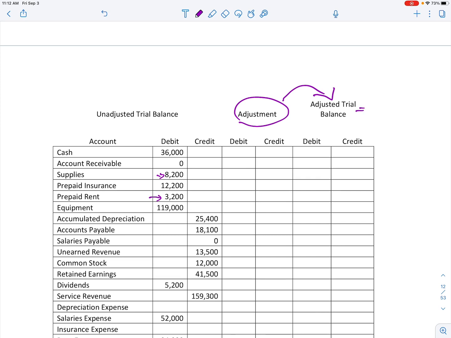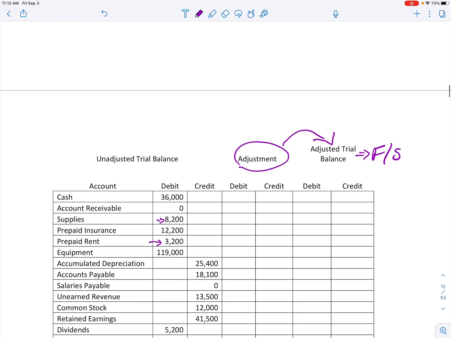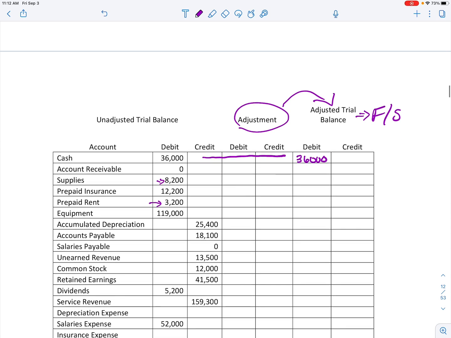And then this part is what's used to make our financial statements. So, remember, cash is never affected. So I can just carry that over to my